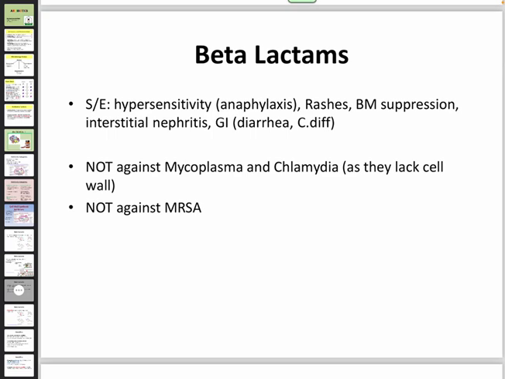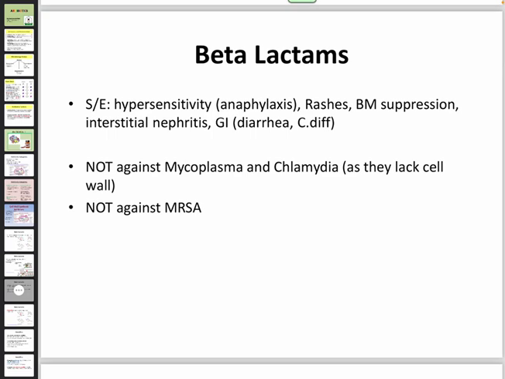Why does Clostridium difficile-related diarrhea happen? Antibiotics affect the microflora. Specifically, when we use broad-spectrum antibiotics or beta-lactams for prolonged periods of time, this will lead to disruption of the microbiota of the gut, or the normal flora, which will lead to spore-forming Clostridium overgrowth and then diarrhea, what we call C. diff diarrhea. Okay? Beta-lactams do not cover atypical bacteria like Mycoplasma or Chlamydia because simply they don't have a